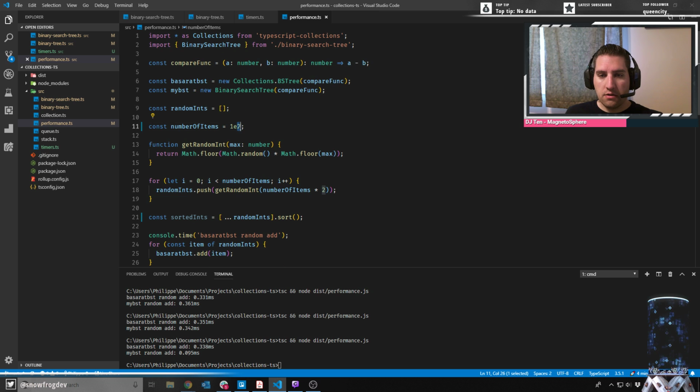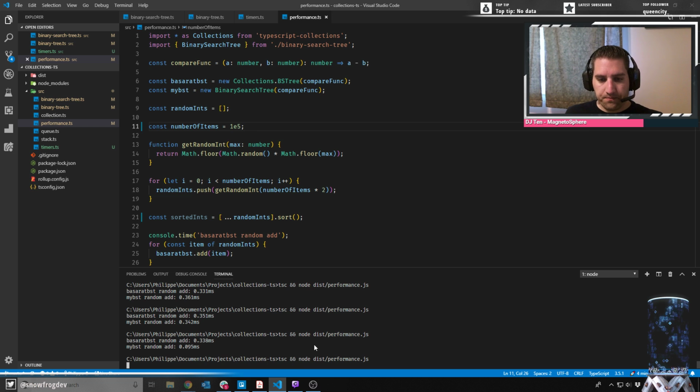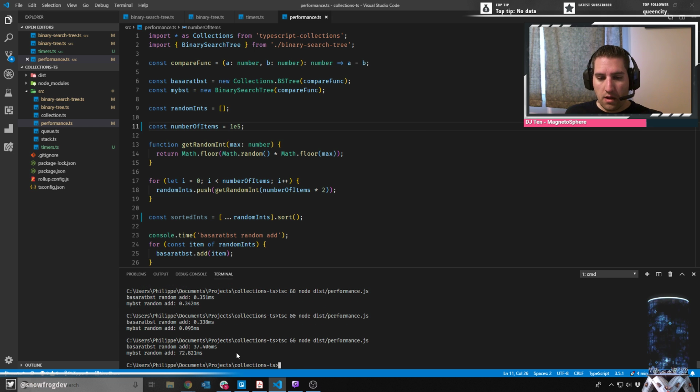Let's say I wanted to do 100,000 items, right? We're going to be pushing 100,000 random numbers to the binary search tree. And if I do this, that's that, right? So the other implementation, Bassarat's implementation, took 37 milliseconds. Mine took 72. If I bump it up to 1,000,000 items,